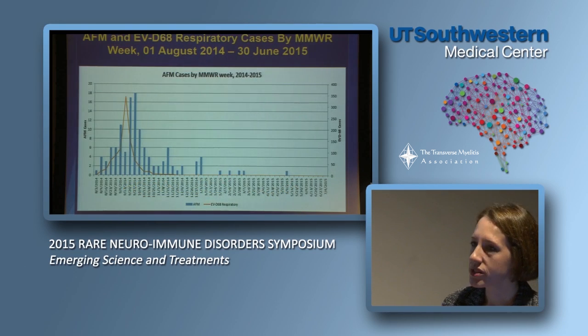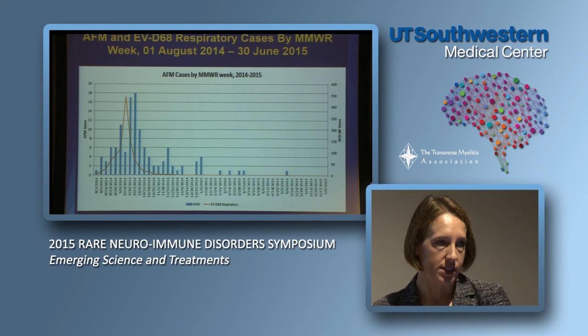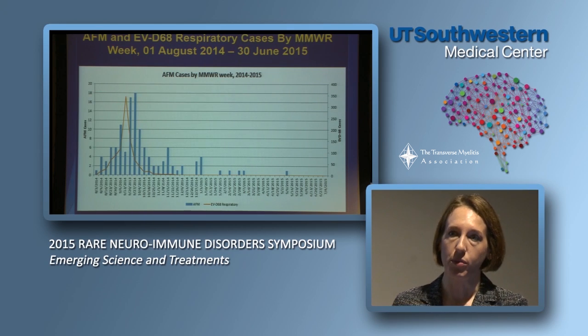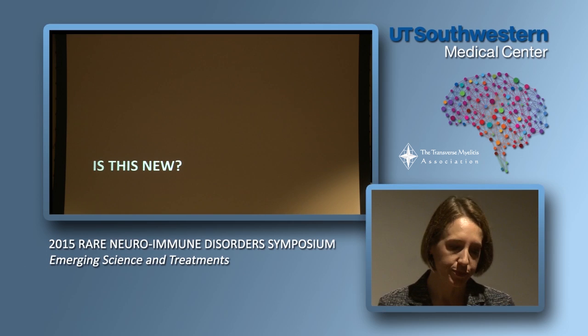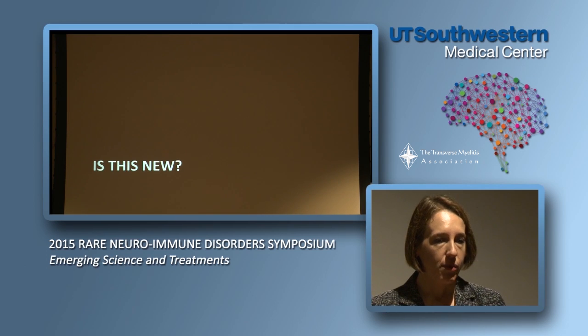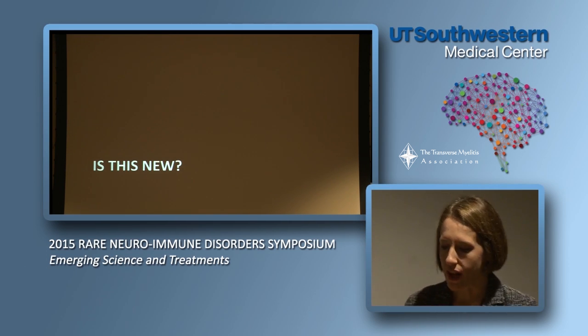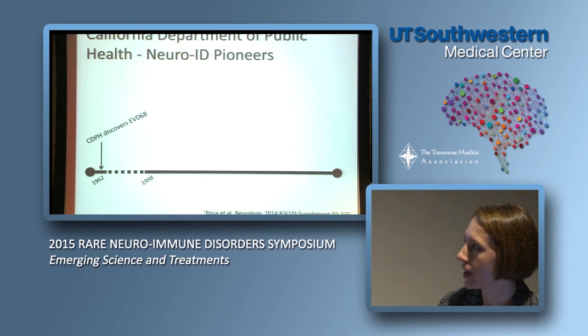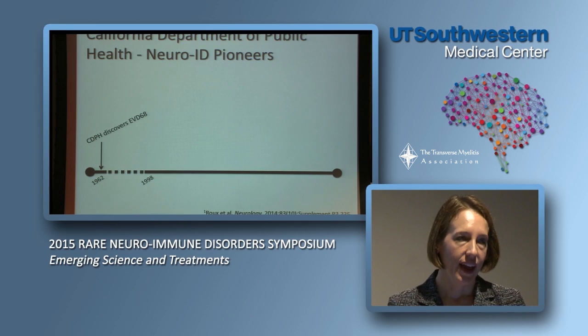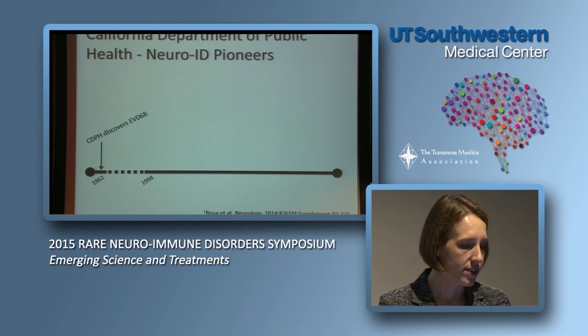Working with the CDC, we saw on a national level, and this is data that's only become available recently, as we look back, they found similar things: around the time of the spike in enterovirus D68, we also had a spike in the number of cases of acute flaccid myelitis. So we had these two overlapping outbreaks. But was this the first time we had seen patients like this? And it turns out, no, we had seen this before.